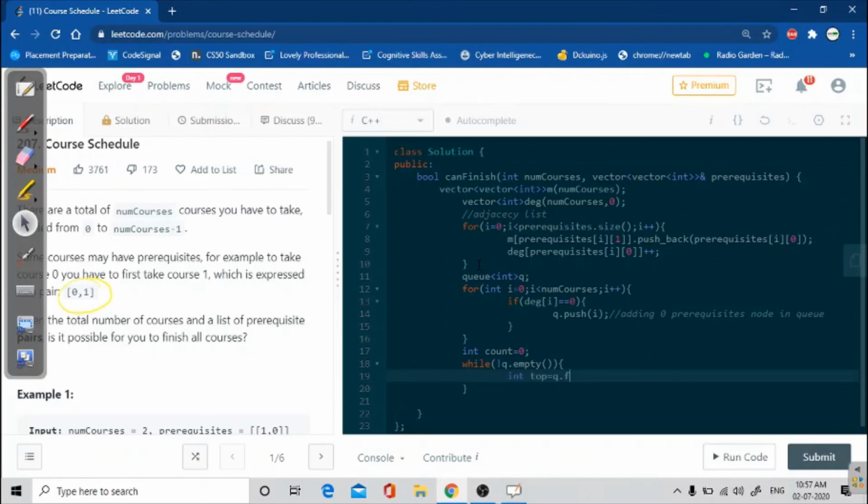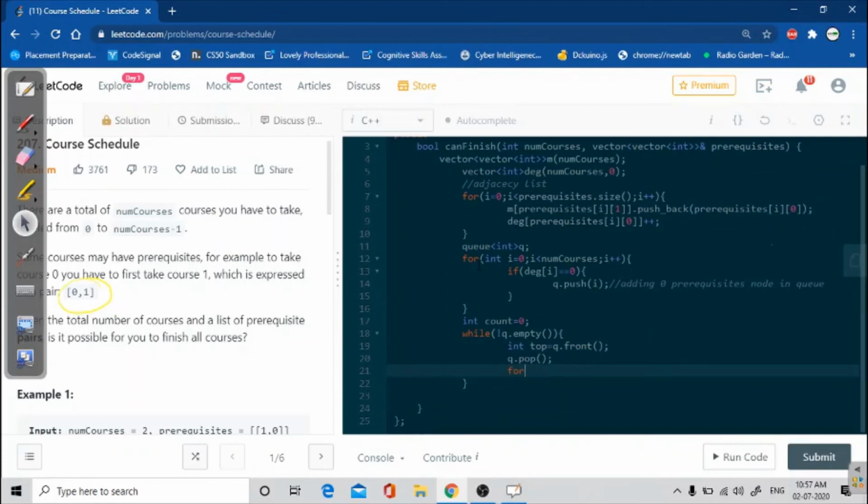For that I have to use front, and then pop it. So now we have popped. After that I have to go to the neighbors of this element top. Let's suppose x, and we'll go to the neighbors of top.